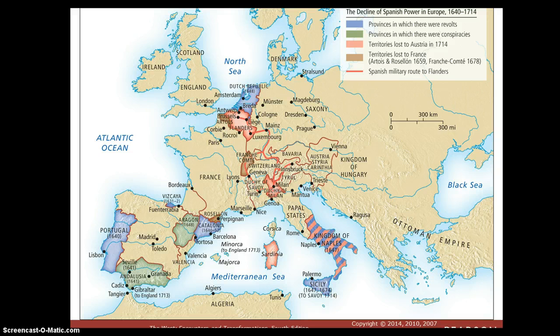In this map, I just thought I would show it illustrates the decline of Spanish power in Europe at this time. What I like, especially for us as Americans in the United States, is to realize a sense of geography and a perspective, in that the United States coming out of the West, specifically this chunk of land over here, what we now call the British Isles,